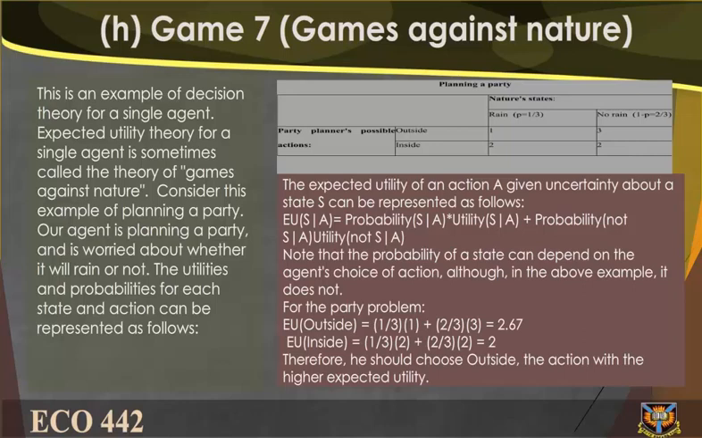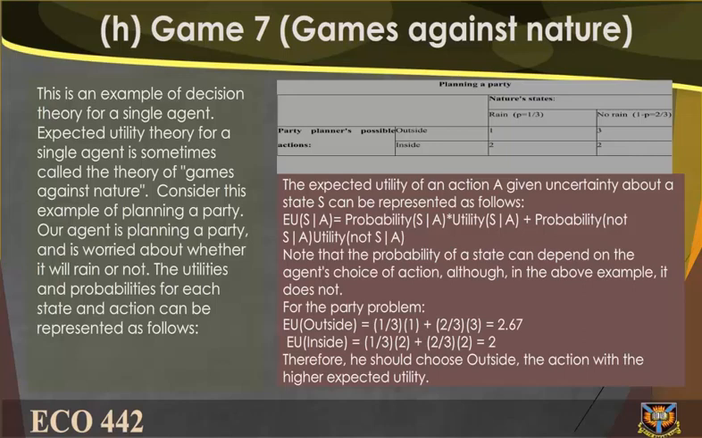The utilities and probabilities for each state and action can be presented as follows. The expected utility of an action A given uncertainty about a state S can be represented as follows. EU(A) = P(S|A) × U(S,A) + P(not S|A) × U(not S,A). Note that the probability of a state can depend on the agent's choice of action, although in the above example